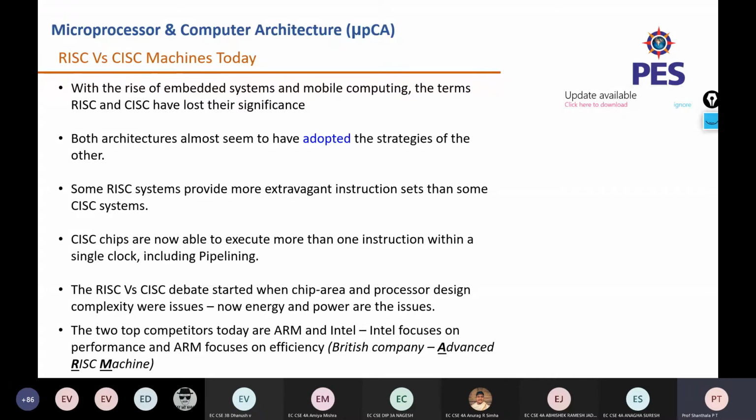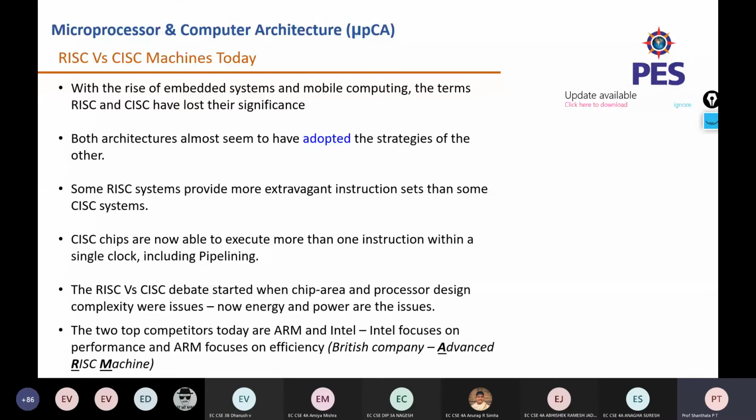So we cannot differentiate much between RISC and CISC machines. We have advanced RISC machines, which are somewhat equivalent to CISC machines. Both architectures almost seem to have adopted the strategy of the other nowadays. Some RISC systems provide more extravagant instruction sets than some CISC systems, and CISC chips are now able to execute more than one instruction within a single clock, including pipelining